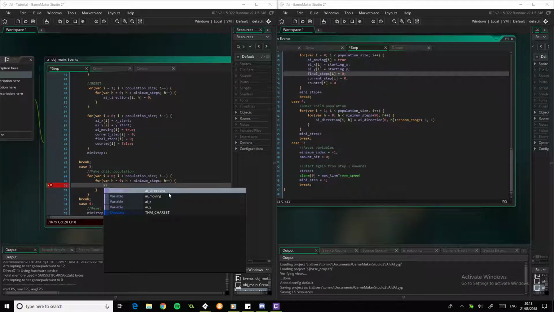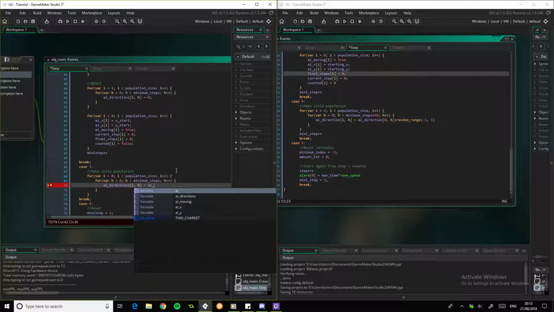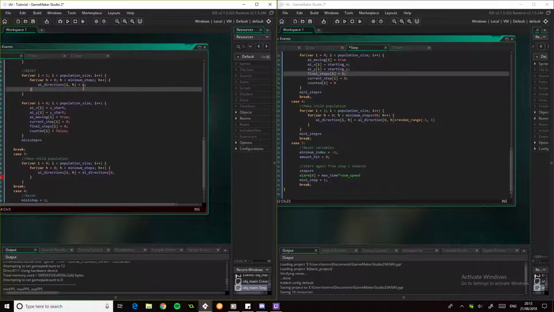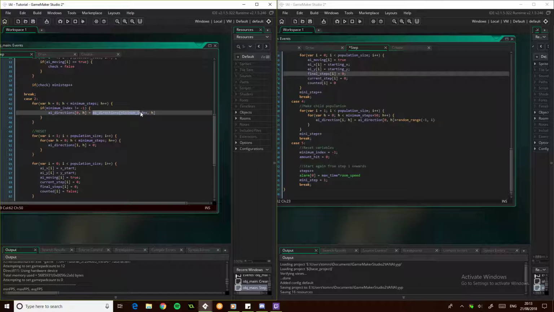AI directions, we're going to ignore these. AI directions. This is pretty standard so far. We're just picking them up from the index and the step, which would probably be S to be honest. And we're going to copy them from the one that we chose up here. So you see the minimum index, which was the most efficient dot, has been copied into slot